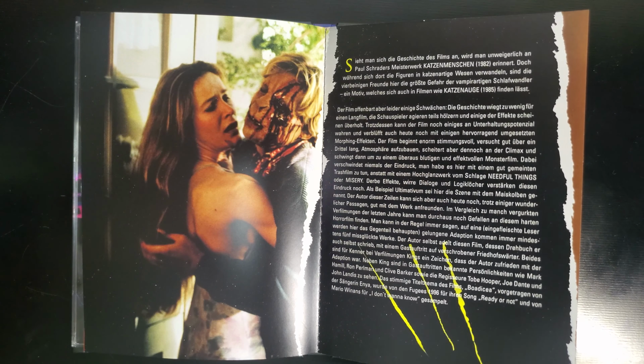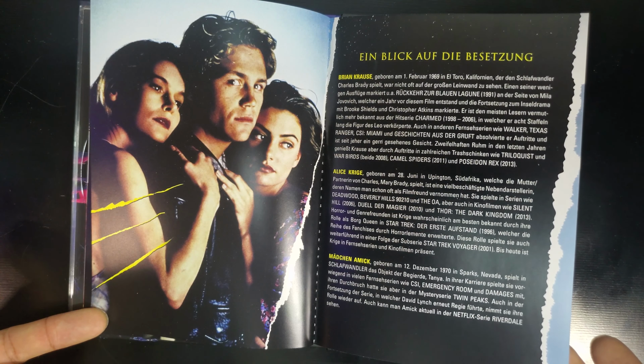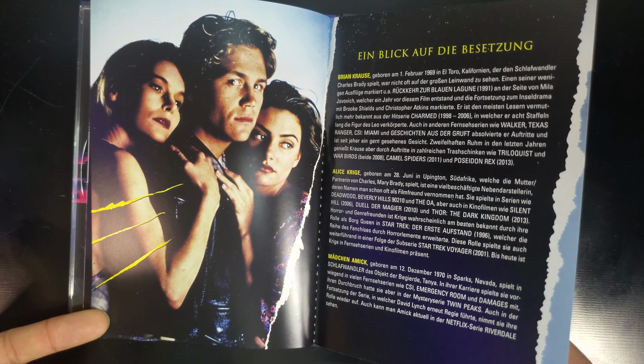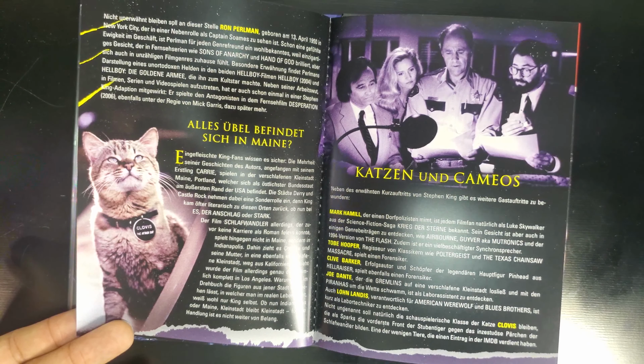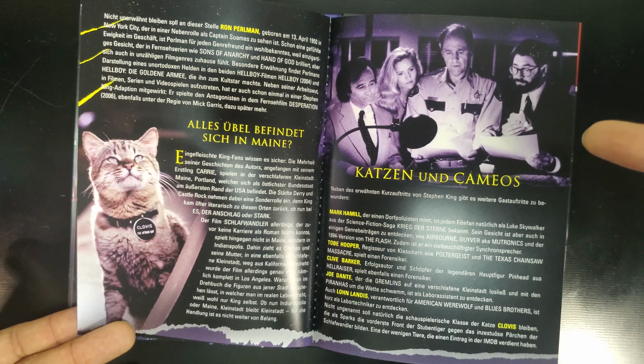Not looking too good after he's done battle with a cat. This photo right here should have been put on more promotional material. It just has a really nice look to it. Very sleek. And the two ladies just look really cool next to him. It's a nice photo. Here on the left we have Clovis, which is a cat and pretty much his own character in the film. And then we have all of our other characters right here on the right,